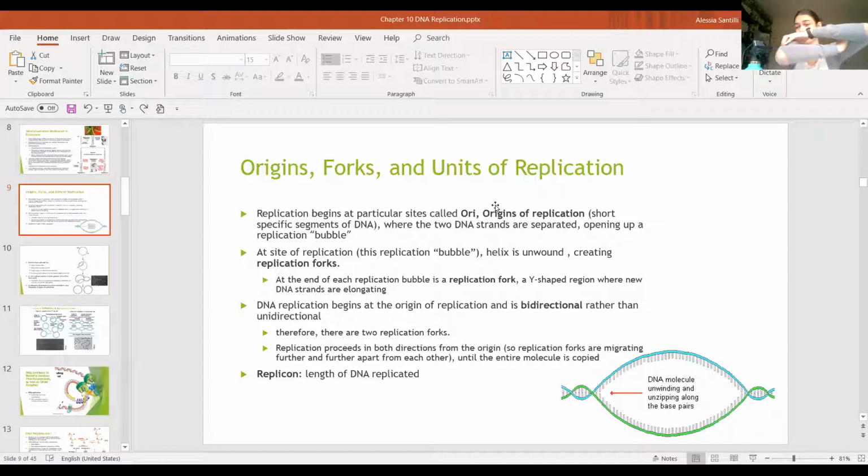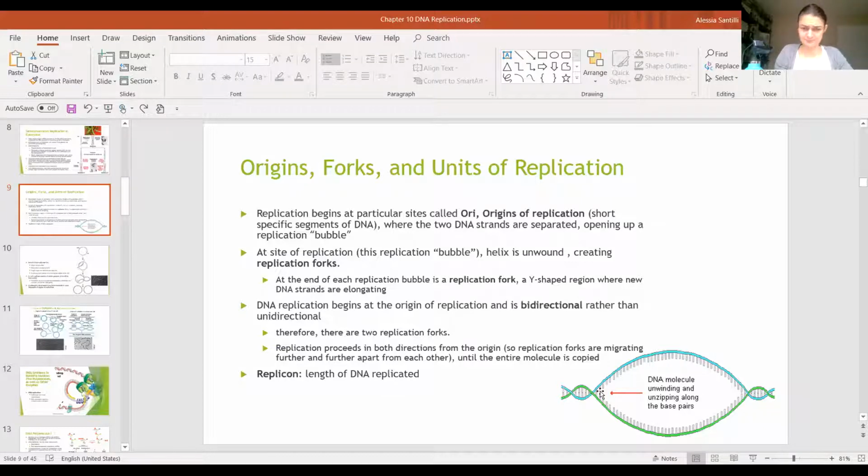Here, this is going to start unwinding. And so now the two strands are there to act as templates for the newly synthesized DNA. When the DNA unwinds, you can see it a lot better here, you start forming what we call a replication bubble. And at this replication bubble, we have two forks, okay? They create two forks at each end of the replication bubble. And this is just a Y-shaped region where new DNA strands are elongating. And as the DNA strands elongate, this fork just keeps growing, getting deeper and deeper into